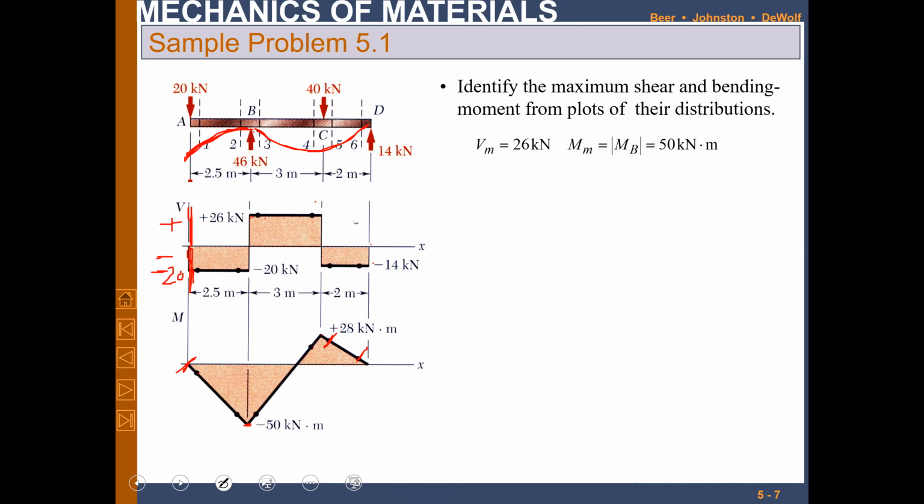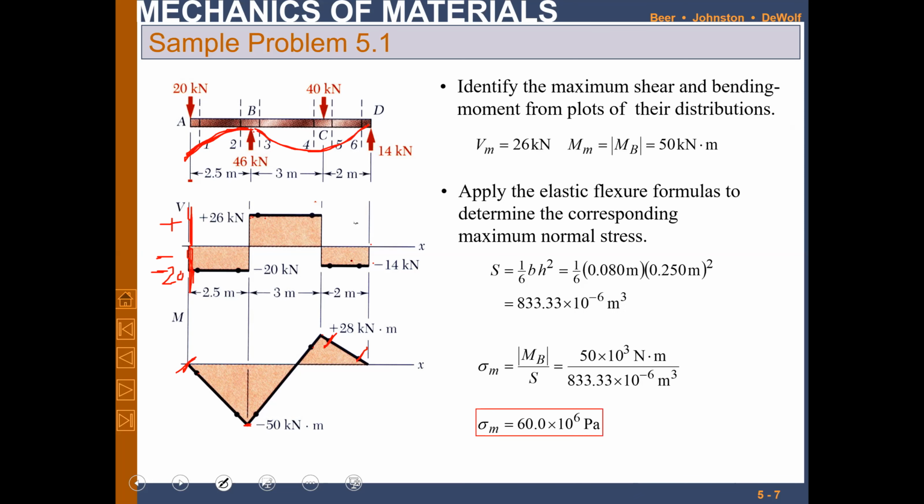So positive moment and both positive and negative shear in this one. This is how you can estimate. From there, you can estimate maximum shear force and maximum bending moment. Obviously, maximum shear force is 26 kilonewton from this diagram. This is the maximum one, and this is the maximum bending moment occurring at this point. So we exactly know where maximum bending moment and maximum shear will be occurring.